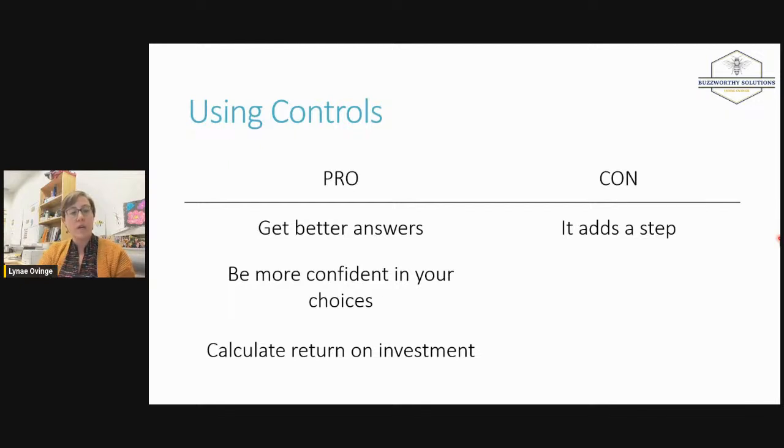And you can also calculate the return on your investment. So in the case of deads, with APA Surprise I had way more live hives than with APA Var. And then you can figure out what that treatment costs you and what it's delivering in your operation. So there's a lot of pros to using controls, but obviously the big con, and the reason why a lot of you don't, and again, I'm well aware of the context of commercial beekeeping being really busy, is that it adds a step. It's another thing you have to do.